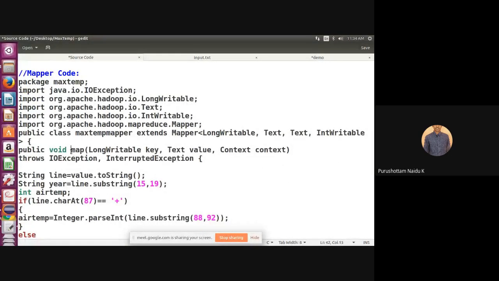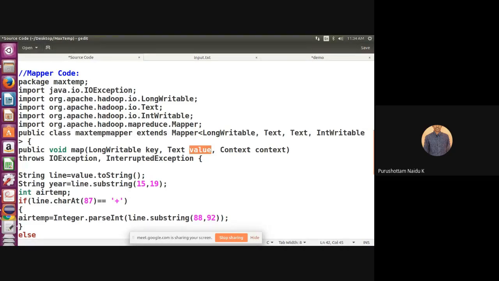In the map function, what are we specifying? These are the map input types, LongWritable and Text, and I have to take two variables, key and value. What does the key contain? The index of each and every line. What does the value contain? The value contains the text of each and every line.